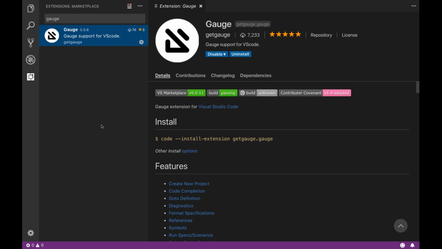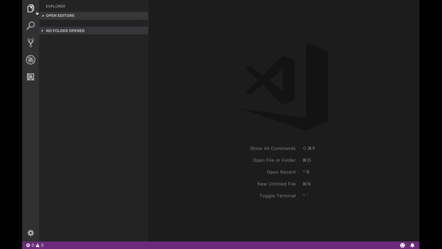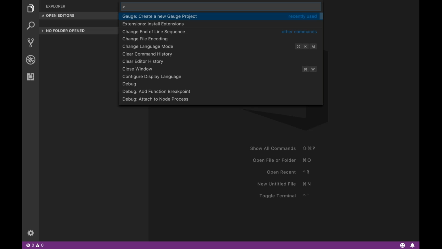Gauge is just like the TestNG plugin that we have to install in Eclipse. Same thing, the Gauge plugin. Here we call it an extension, not a plugin. You have to install it in your Visual Studio Code. Once this is done, you go back to that Explorer part over here. This is the package Explorer. You simply press Command Shift P, or for Windows users, Control Shift P, and then